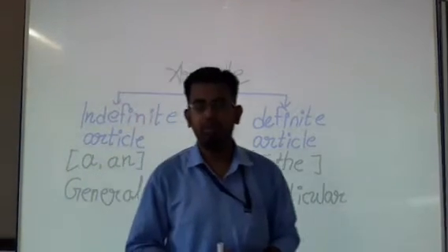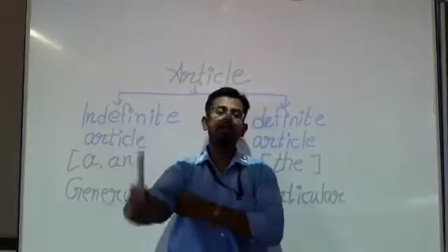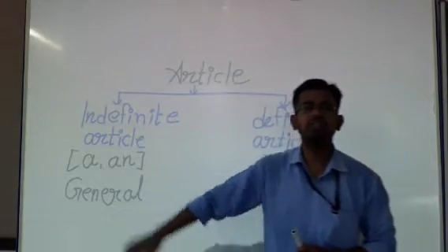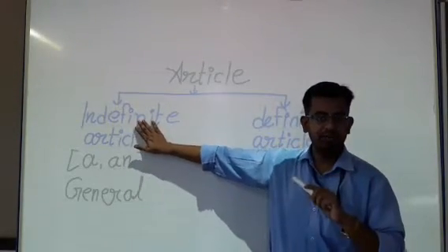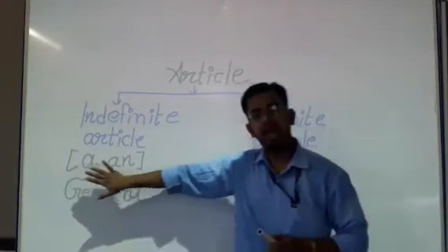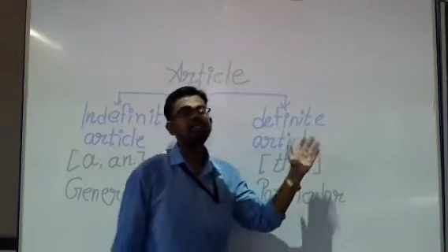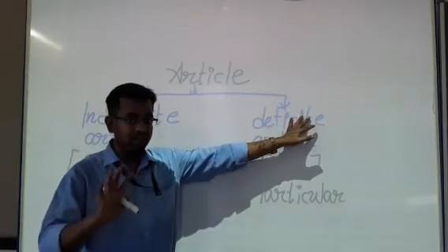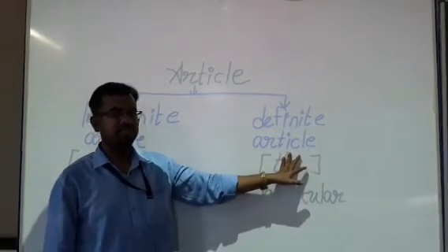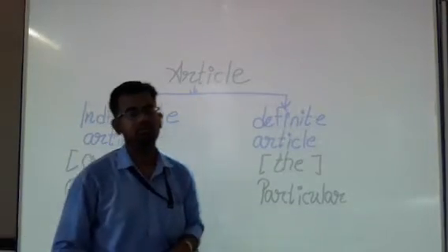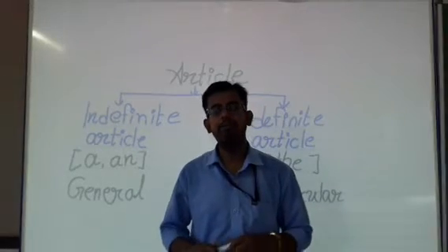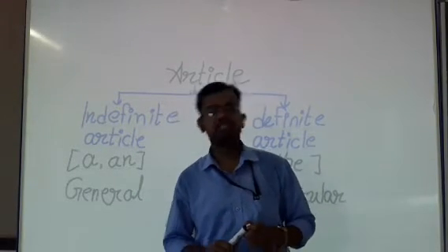One more time I am repeating. The first determiner is article. Article is divided into two parts. First one is indefinite article. Indefinite मतलब general, जो clear नहीं है. And this one is a and an. The second is definite. Definite means which is clear, which is particular, and only the word the is considered a definite article. Now we will try to understand definite and indefinite articles with the help of two examples.